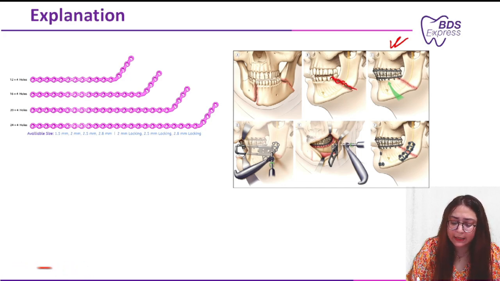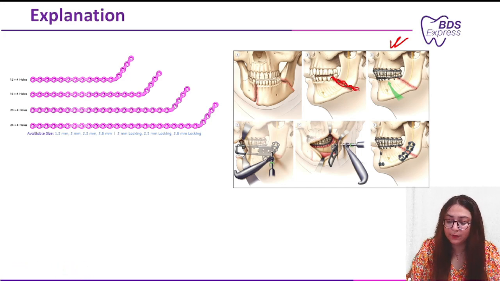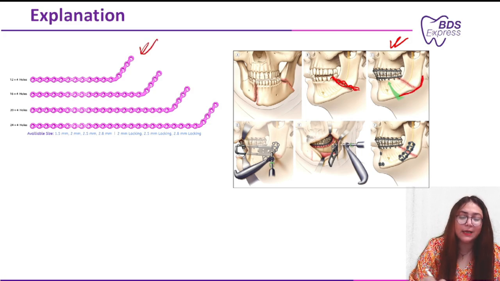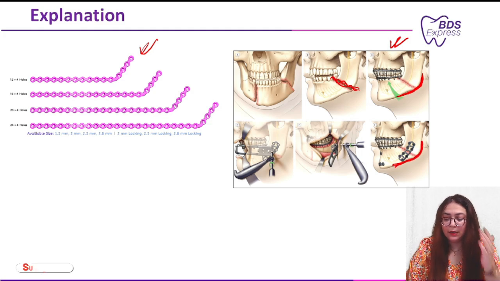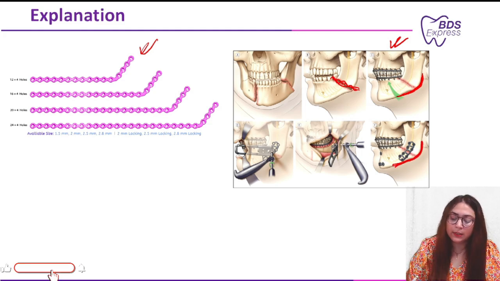Here you can see the fracture at the angle of the mandible, right? So you want your plate to be like this. Okay, so this is your reconstruction plate or recon plate. Now you need to give this recon plate at the inferior border of the mandible, right? So this is how it is fixed. This is not the recon plate, but still you can just imagine how this is done.